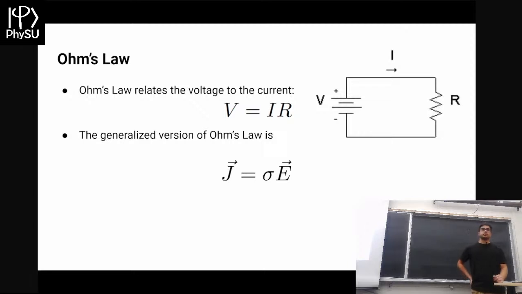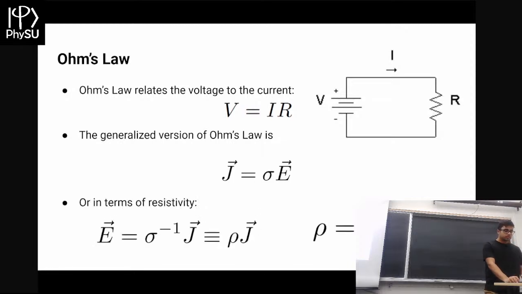Since these are vectors, the most general linear relationship we can give, which makes life easier, is a matrix. So if we write it in the form of the top equation, we'll have this relationship at the bottom, where the electric field is related to the inverse of the conductivity times the current. The inverse of the conductivity is what we call resistivity. And it has this general form of a 2x2 matrix in 2 dimensions.